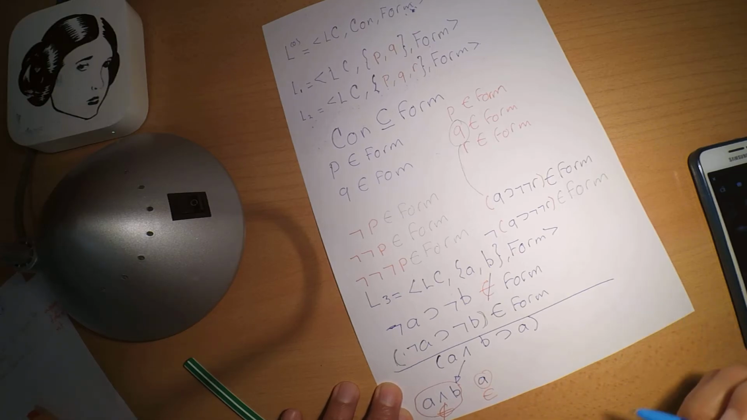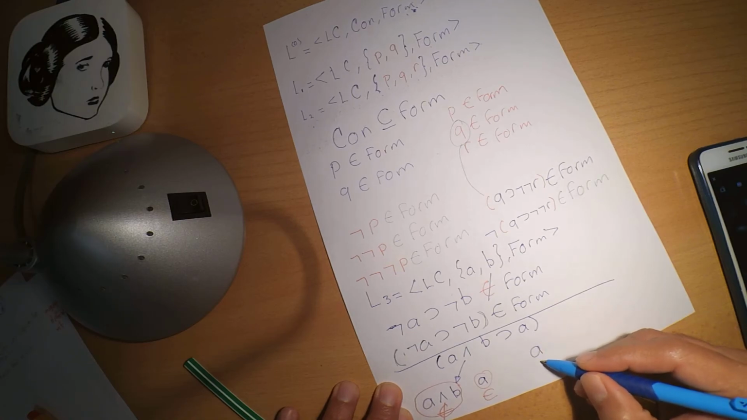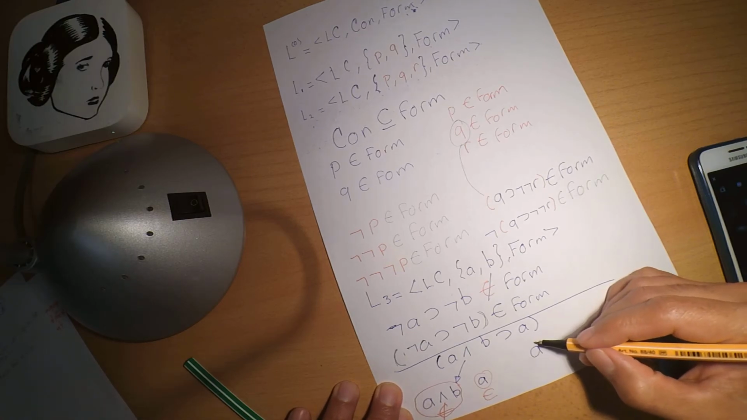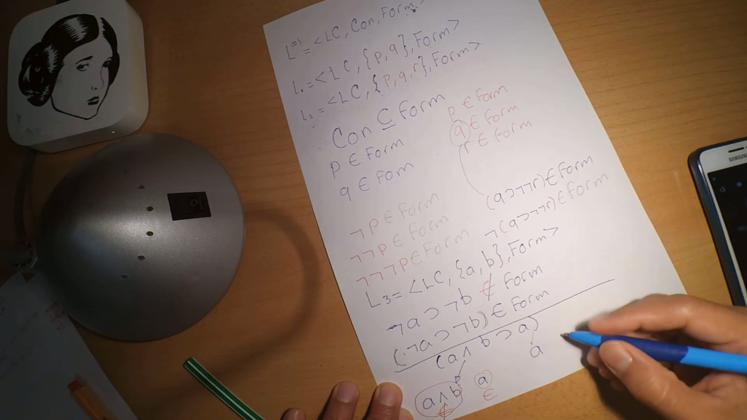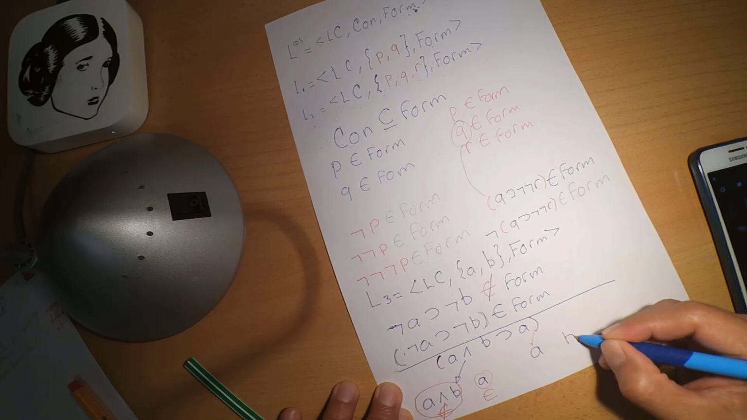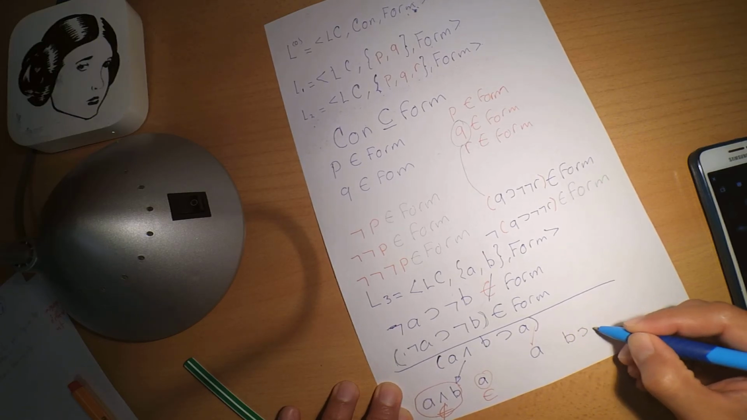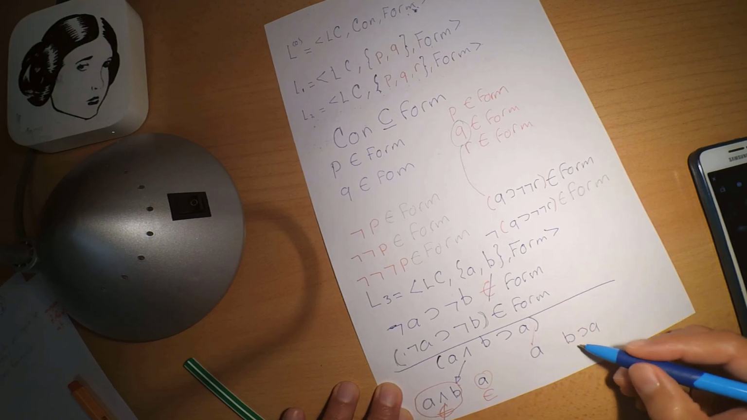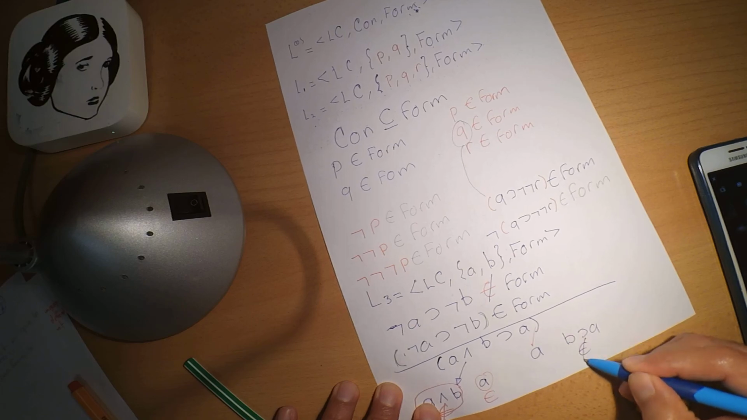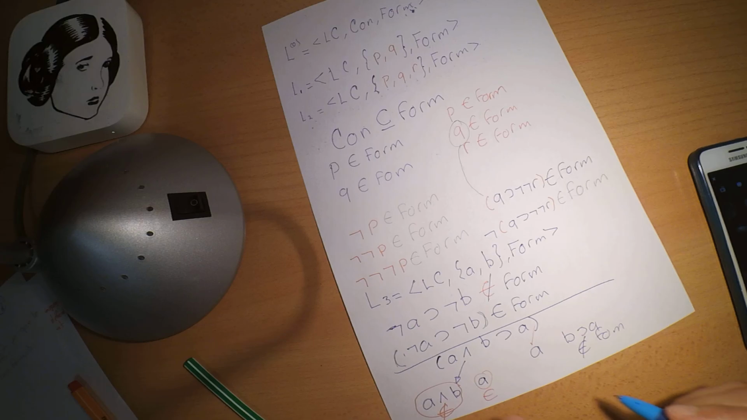So let's check the other side. If we start with A, we say that this is a formula. But what if I just put B implication A? Is this a formula? No, that does not belong to the form. By the end, we say that